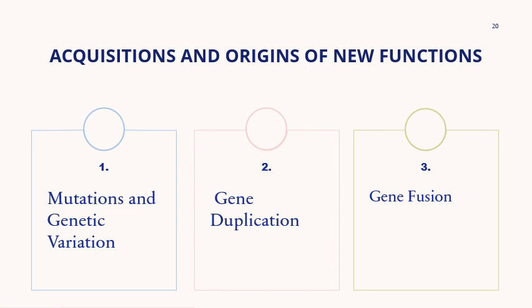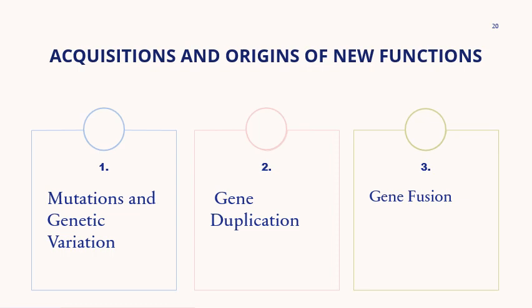Okay, so let's talk about gene duplication. One of the most common mechanisms for acquiring new functions is gene duplication. This occurs when a gene is accidentally duplicated, resulting in two identical copies. One of the copies can retain the original function, while the other copy becomes free to accumulate mutations and evolve new functions. The original and the duplicate genes can also diverge in function by partitioning the original gene's functions